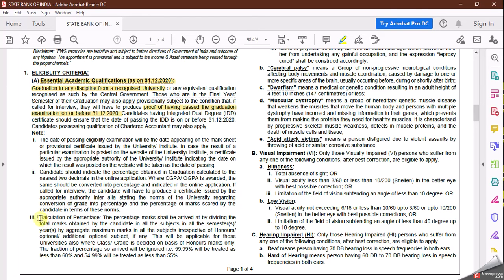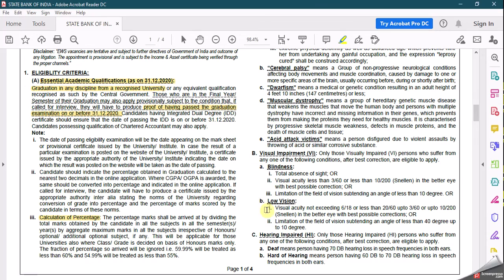So how should you calculate the percentage? You have to calculate the percentage by adding the total marks in all the subjects in all the semesters, and you have to divide that by the aggregate maximum marks in all the subjects. That means the marks obtained by you in all the semesters divided by the aggregate maximum marks of all the semesters. And they have clearly written here that the fraction of percentage will be ignored. That is, if you are scoring 59.99%, it will be treated as